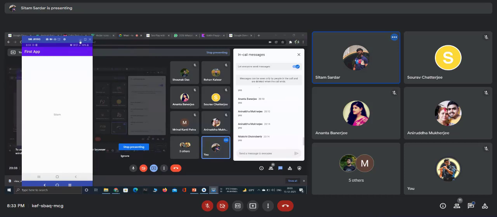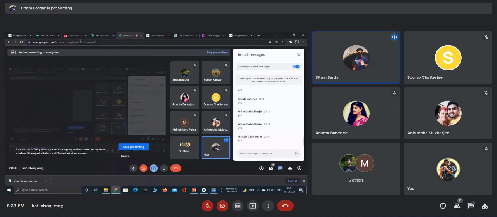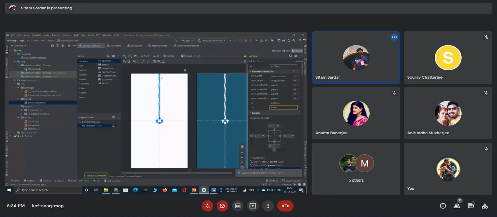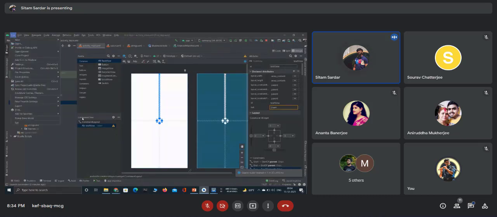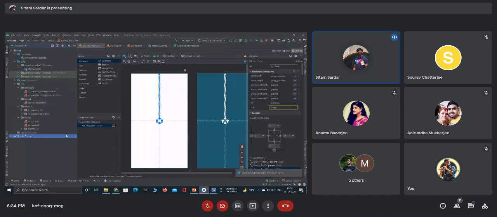Now let's start today's agenda. What we are thinking is to make a birthday greeting app, right? So first of all, let me close this project. No, let me create the app inside this project itself, because otherwise it will take some more time. Okay, so for the birthday greeting app, what we are thinking,